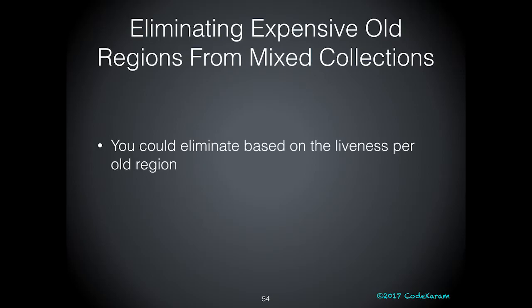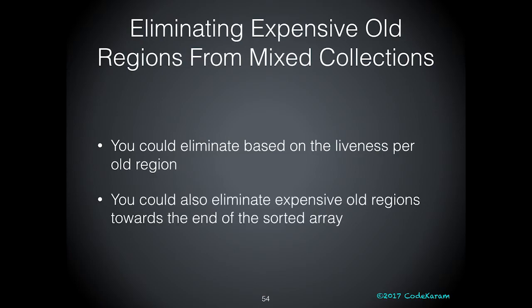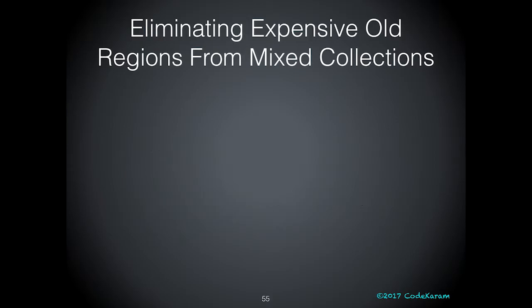So there are two options. You could eliminate based on the liveness. Remember, after concurrent marking, we know the liveness per region. So we are our own bosses, right? We can eliminate based on the liveness per old region. The second thing you could do, you could also eliminate expensive old regions altogether, right? So the two options that let you do that, the first one where you can eliminate